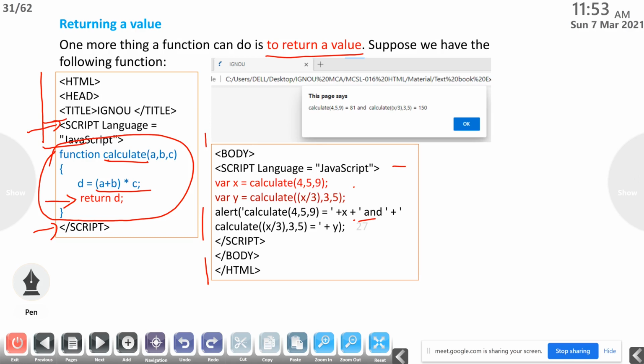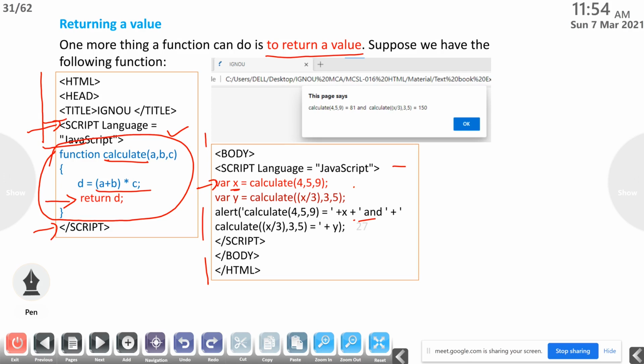Here, this is the function call, and this part is the function definition. So here we are calling the function: x equal to, what does it mean? There will be one return from the function, and the value will be stored in the variable x.